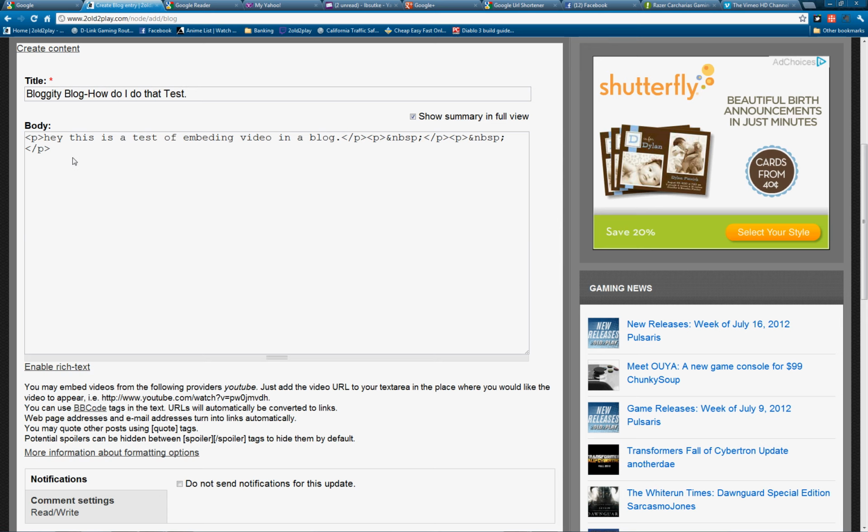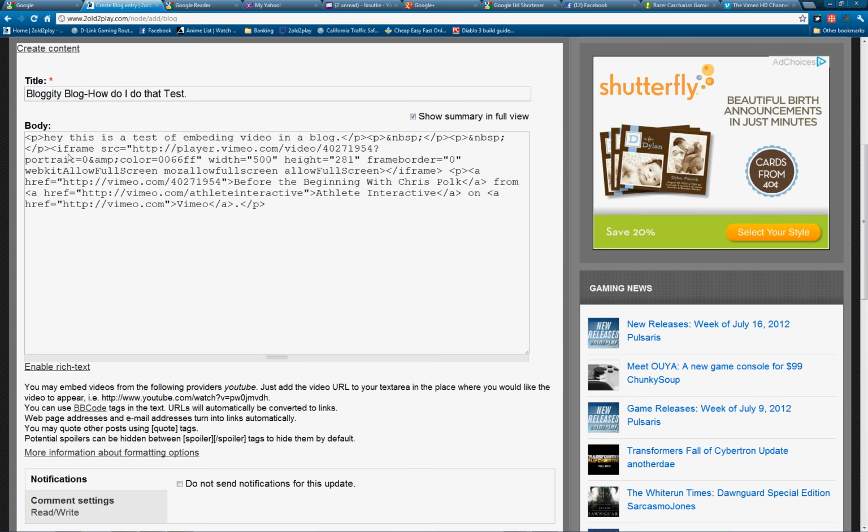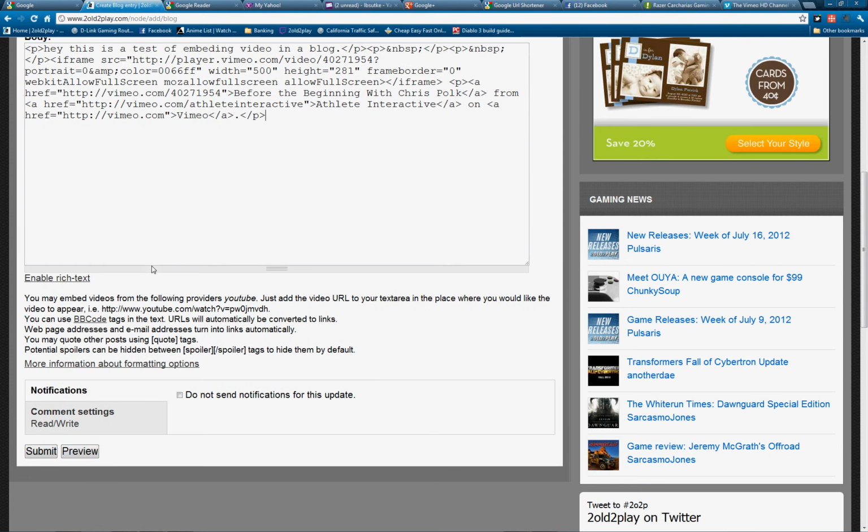If you ever did it over there, it pretty much does the same aspect. So then you'll go ahead and click back into the body of your blog. You'll paste the code, and you'll see all this stuff here where you're like, hey, look at all that. Woo! And then when you're ready and done putting whatever you want, you can hit preview or